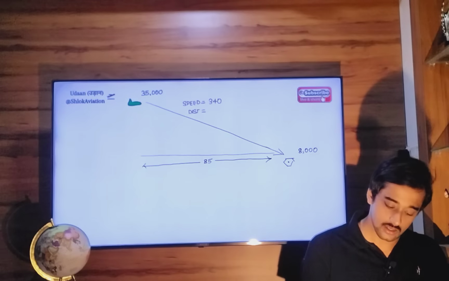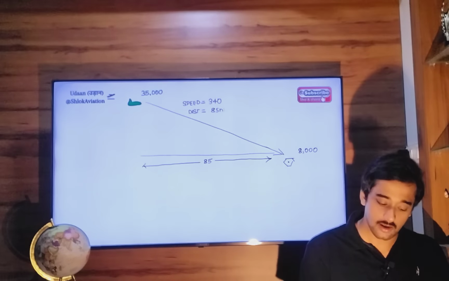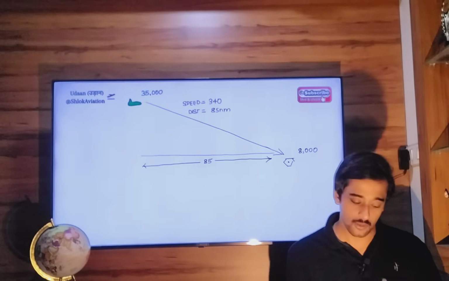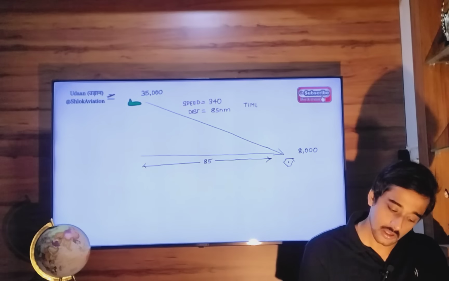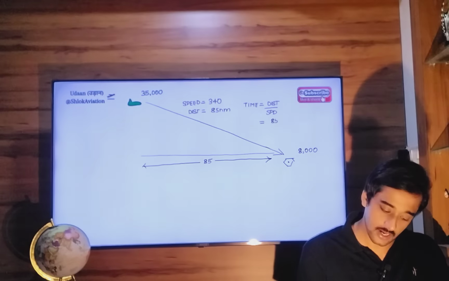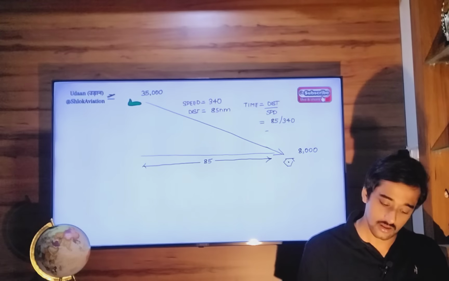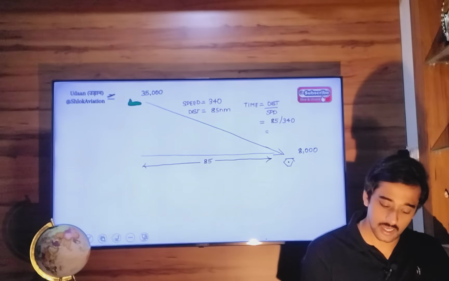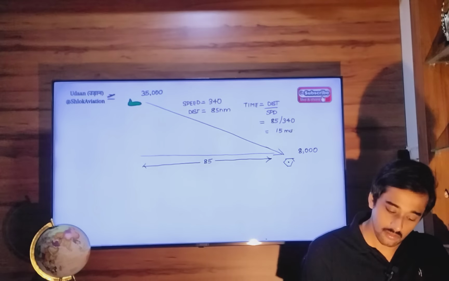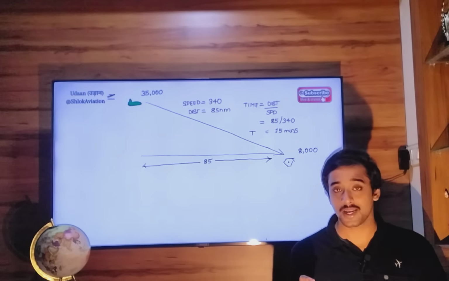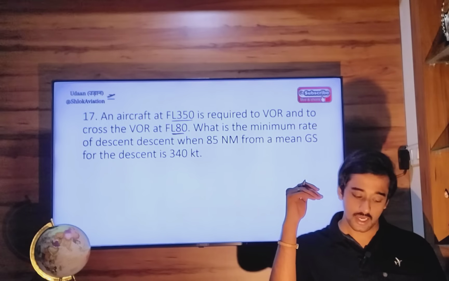Distance is 85 miles. Now when you know the speed and distance, you can calculate time by using the speed distance time formula. So time equals distance by speed, 85 divided by 340. So that is equal to 15 minutes. Okay, so you have a time period of 15 minutes to descend from 35,000 feet